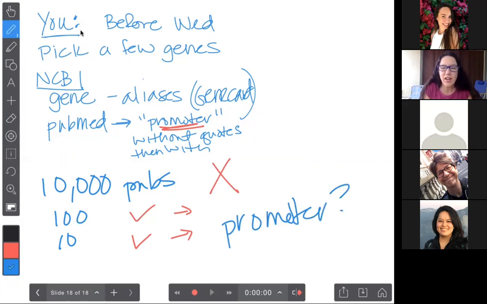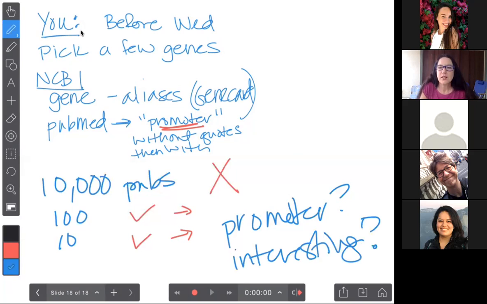And is the gene at all interesting to you? Is there some association with some cancer? Is there some association with a neurological disorder or a developmental disorder or diabetes or something else or obesity or bulimia or whatever? Something that is somewhat interesting to you. Right? And so that's pretty much going to be our job this week, is just to go through all of